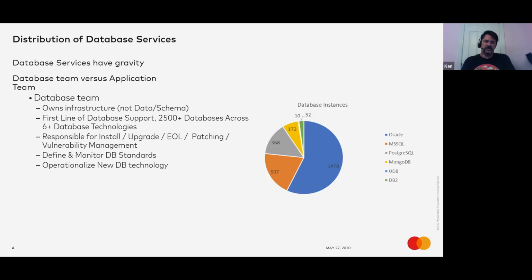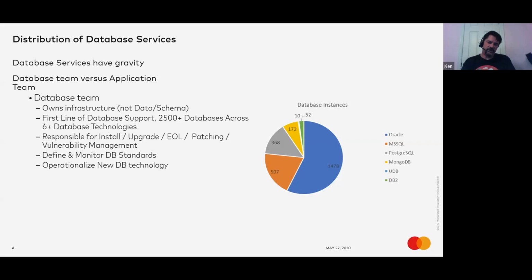When you think about distribution of database services, right? Database and services within databases have great gravity. It's not so easy to separate out where the type of data and the classification of data and how that data resides, the life cycle of that data is a very complex problem. At Mastercard, we have split the problem up into a databases group, and then we have our application developers who own the schema. And so when you separate out what the infrastructure is owned by one team and the data and schema is owned by another team, you add some complexity to that database service, right?